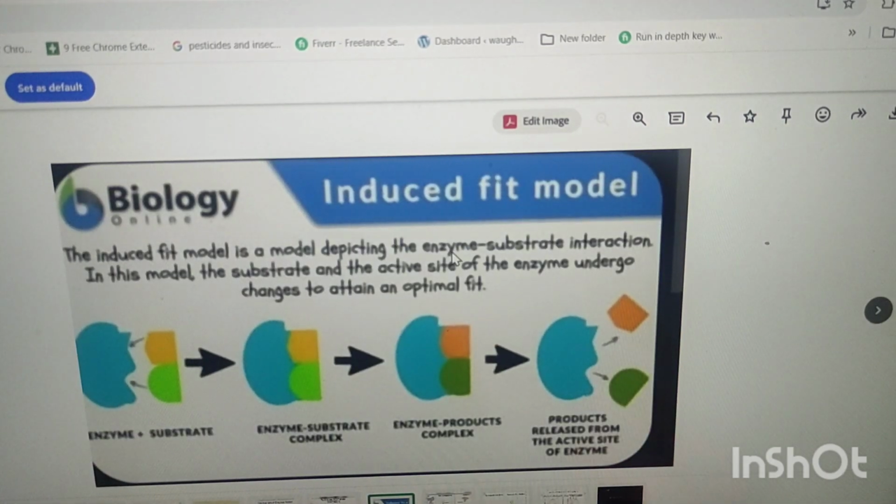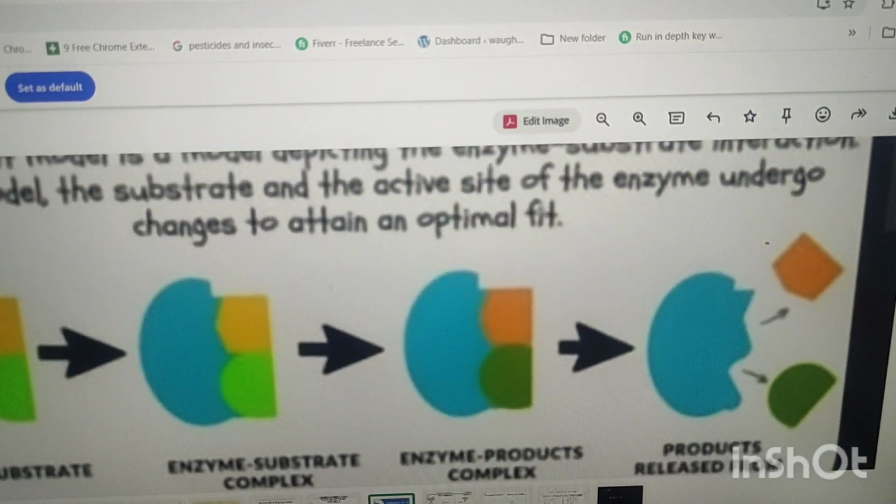In the case of the induced fit model, the second famous model used to describe enzymatic action, the number one quality is that the active site changes its shape slightly. The active site is not quite similar for the adjustment of the substrate. You can see in the diagram, it is the substrate and it is the enzyme. Now you can see the active site of the enzyme.